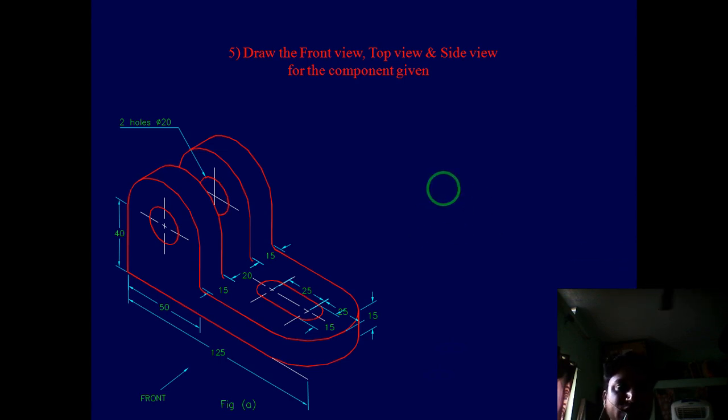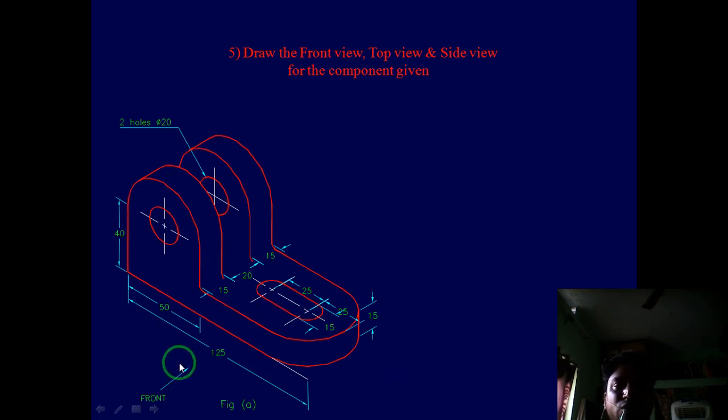First, analyzing the arrow mark here, this arrow mark indicates we have to look from the front side, this side. So this part will be the front view, and from here it will be the top view. Which side view is preferable here? Because it's easy to draw from this side, that's nothing but the right side view, which is to be drawn on the left side of the front view. So these are the three views.